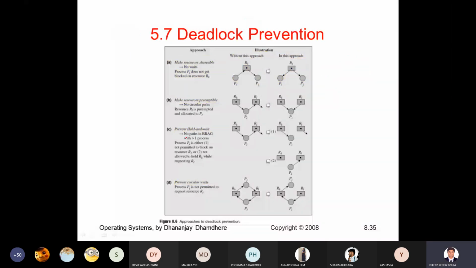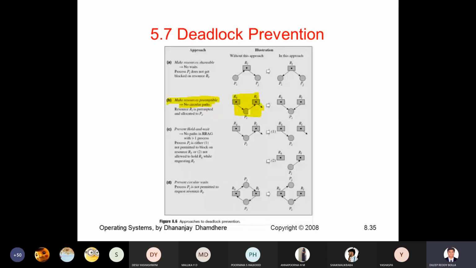So making resource preemptible, which means in this way we cannot find any circular loops. You see this one here, resource R is given to process Pi. Process Pi is given to resource Ri. So resource Ri is given to something else. In this way, it is happening here. So look at this one. This way, it is happening here.